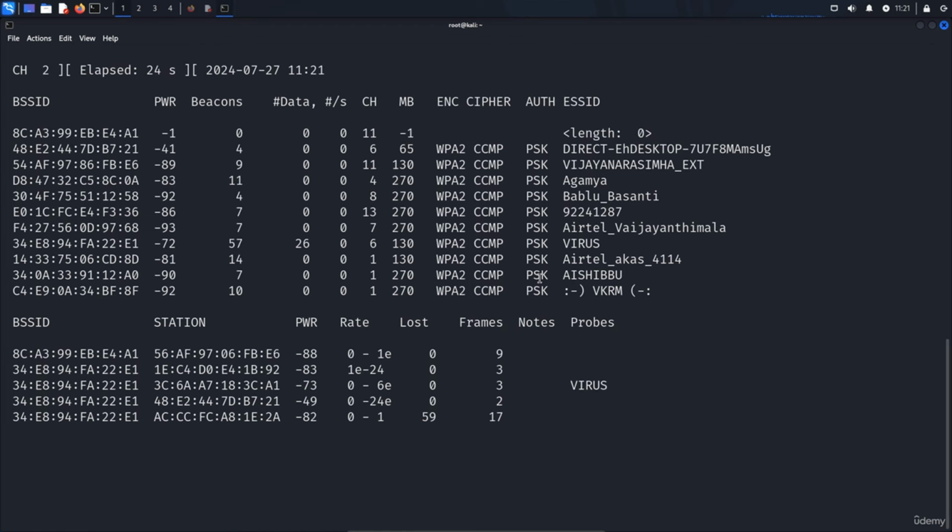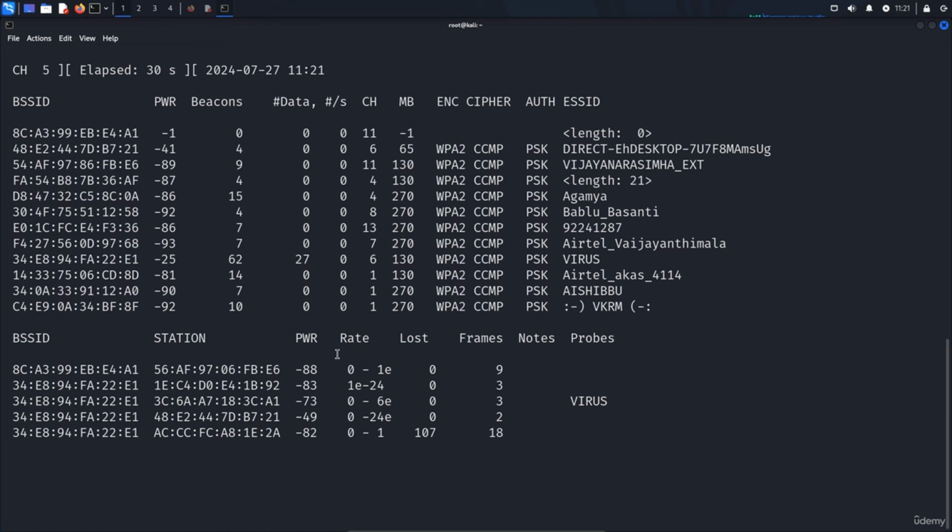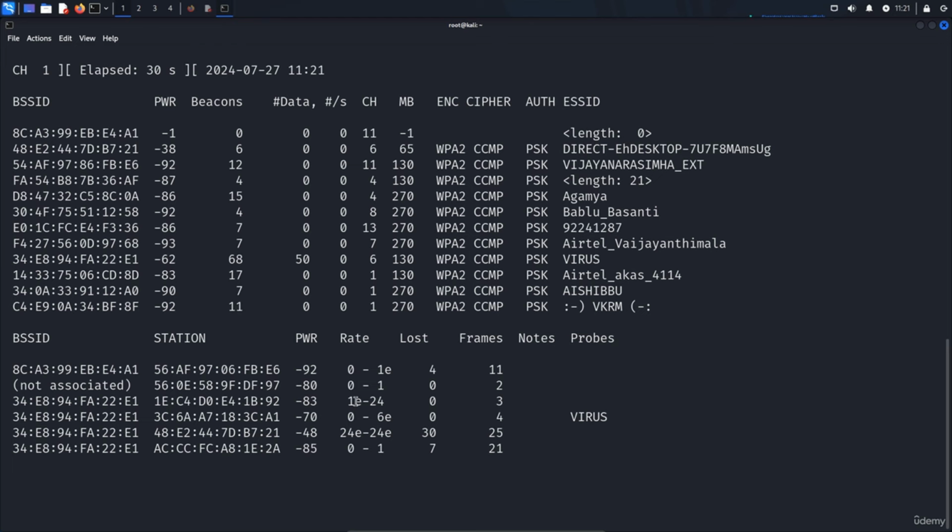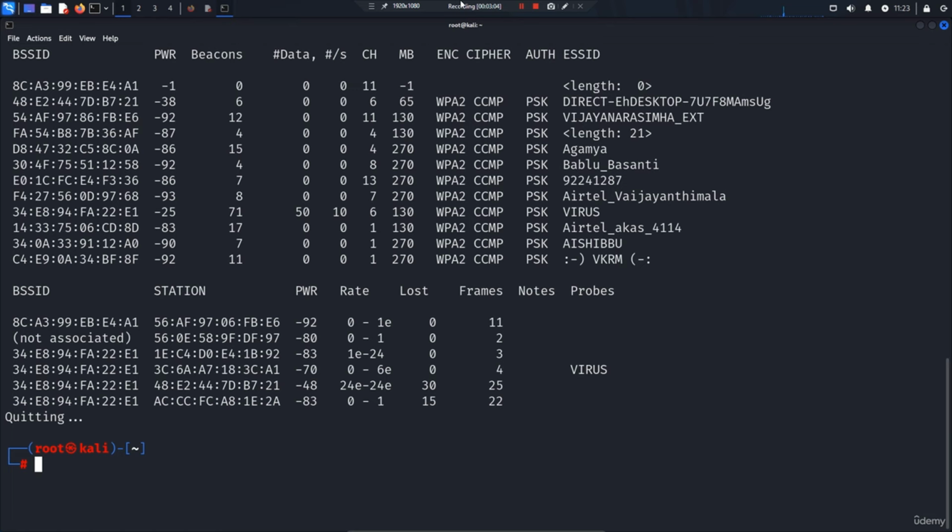Around 4 devices are connected to my Wi-Fi. So press Ctrl C to end the scan. You can take a look at all of the station IDs which are connected, with 34, E8, 94, FA, 22